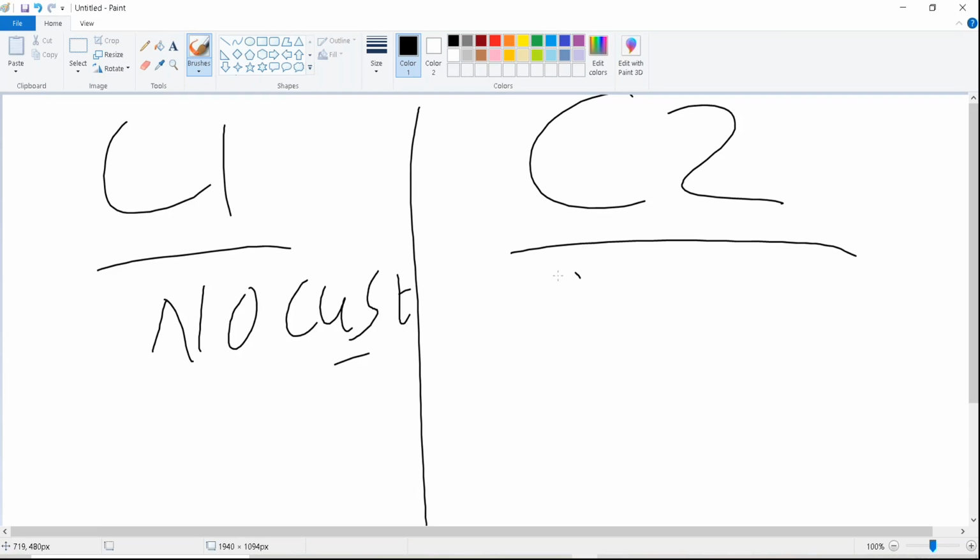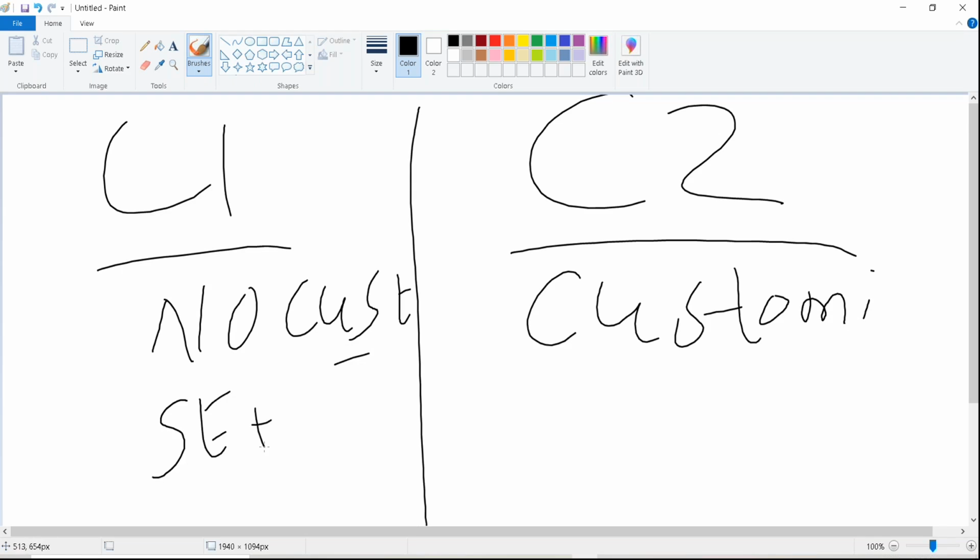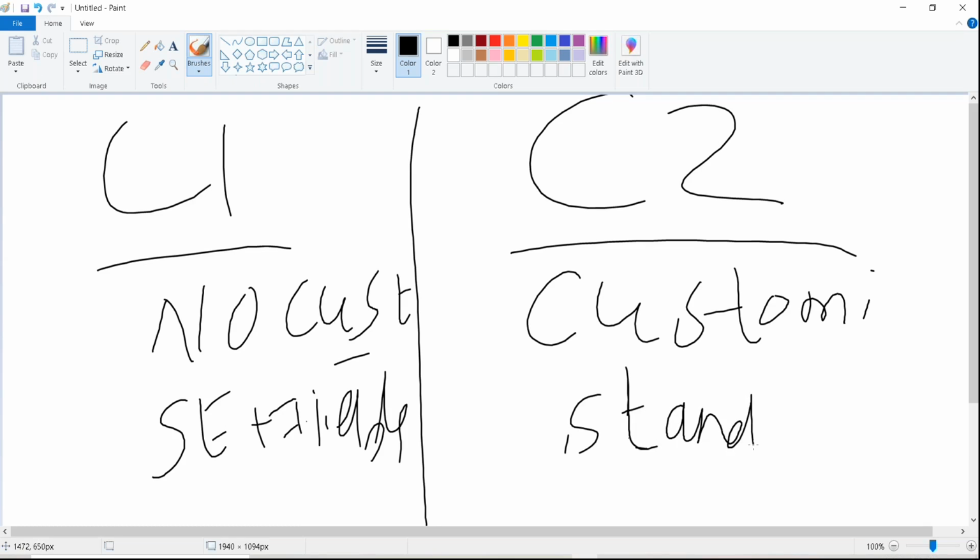That company has customizations, which means apart from the standard elements there are some more fields. Here there's only the standard, whatever is given by default by SuccessFactors. In the case with customizations, we have to